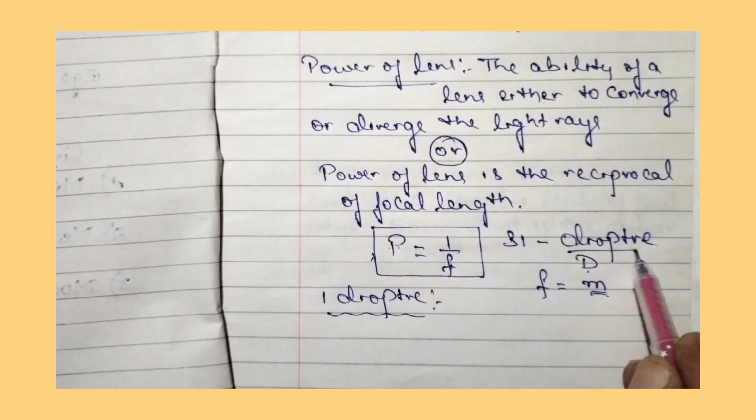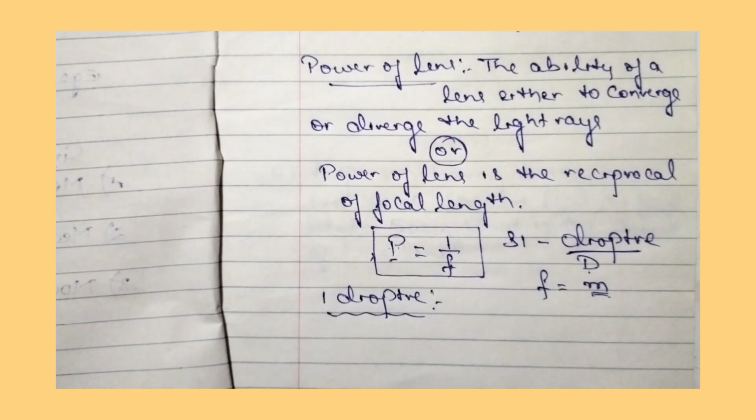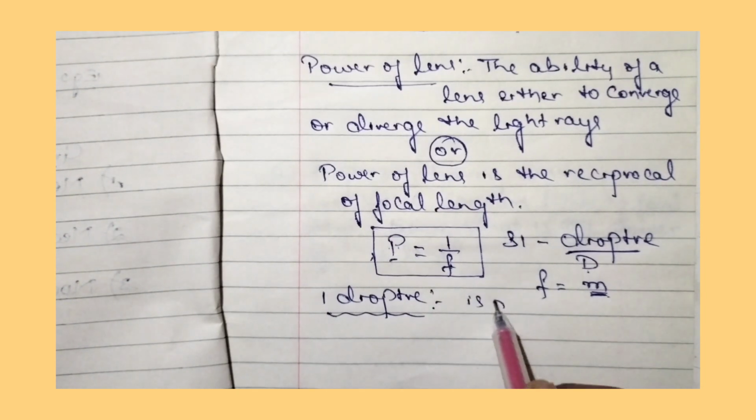Diopter is the SI unit of power of lens, and if you want to express the power of lens in diopter, the focal length should be in meter. Okay. How to define one diopter? So one diopter is defined as